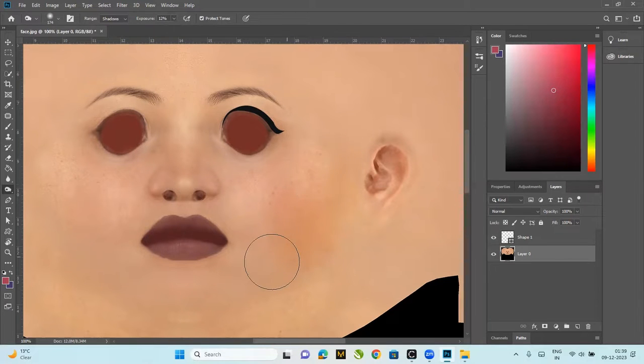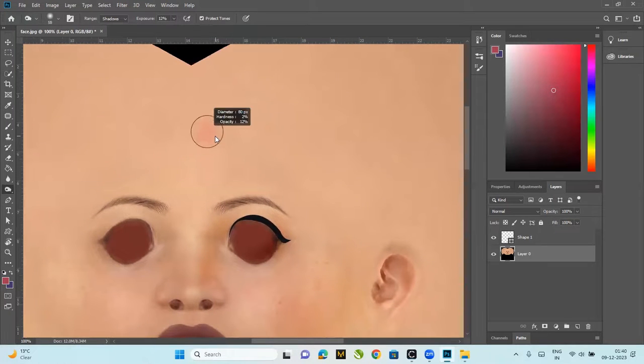I want to contour this part. And Alt right click and drag to resize the brush. I want to darken this area, this area, here, bit of chin, bit of forehead,